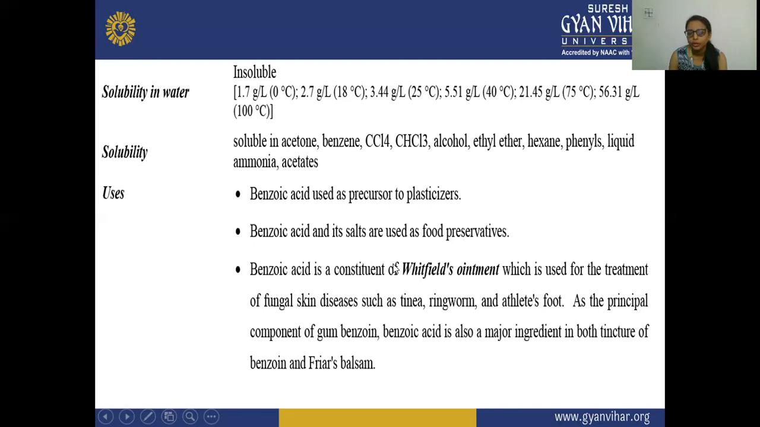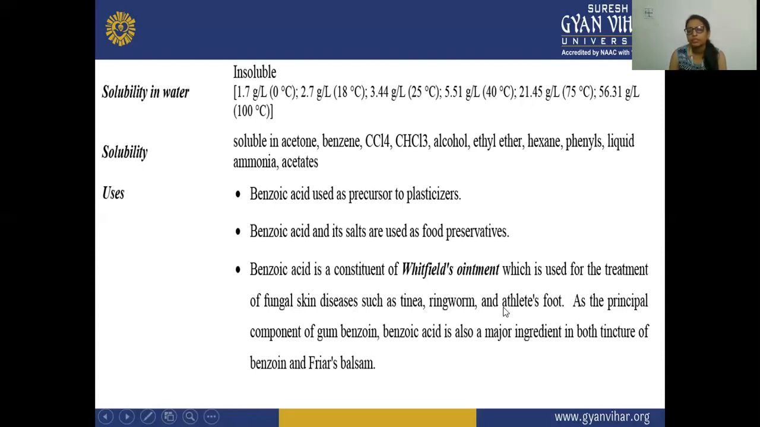So in your Whitfield ointment, benzoic acid also plays a major role, and it occurs as an ingredient in this Whitfield ointment. This Whitfield ointment is used for the treatment of fungal skin diseases such as tinea, ringworm, and athlete's foot. So here it is used as an antifungal treatment for skin diseases like tinea, ringworm, and